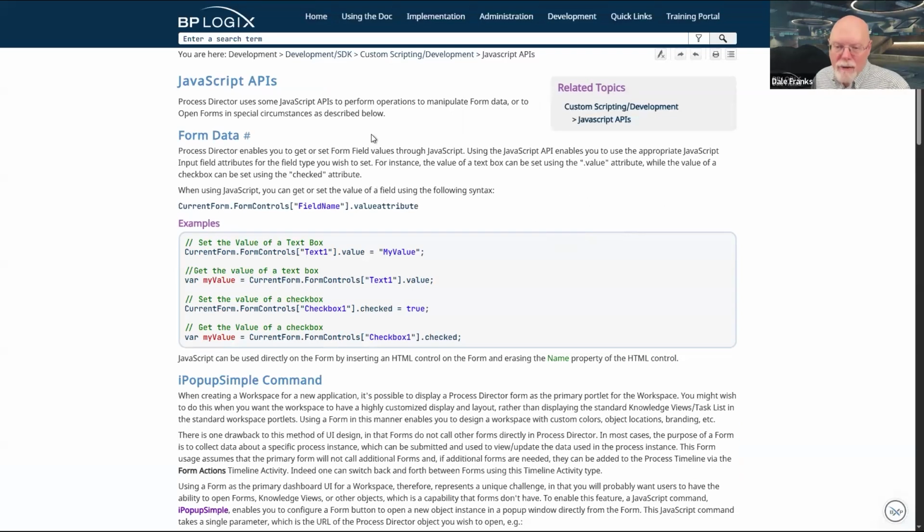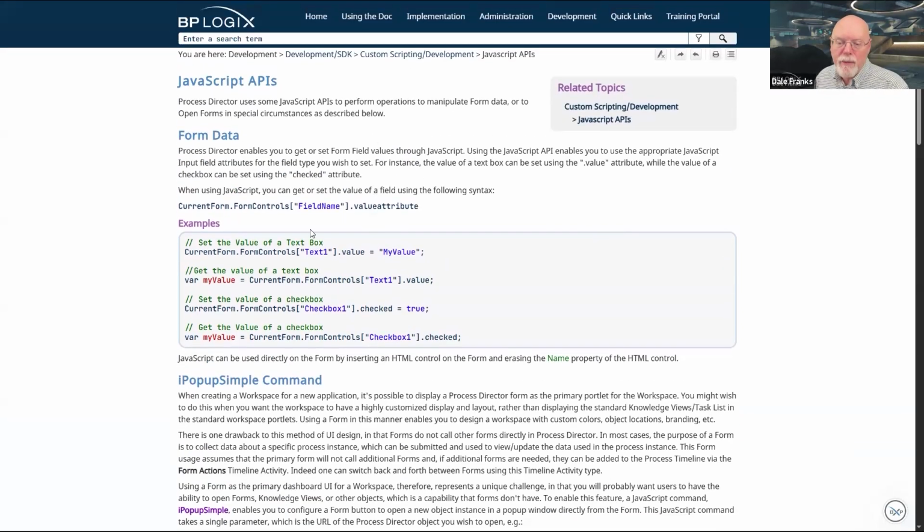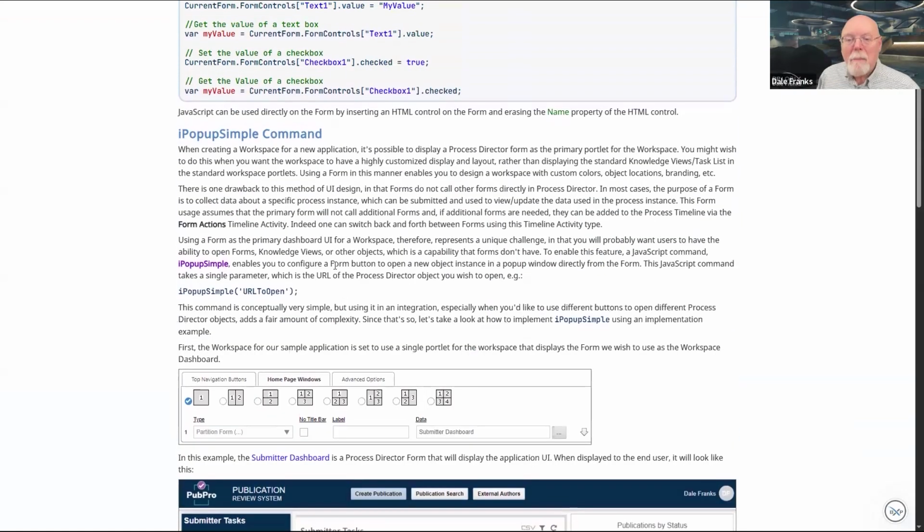Now, part of the JavaScript APIs documentation that we have is to show you how to set and get control values in a form via JavaScript. And that's cool enough, I suppose. But the iPopUp Simple command is a way to open up objects via buttons inside Process Director just using a JavaScript control.